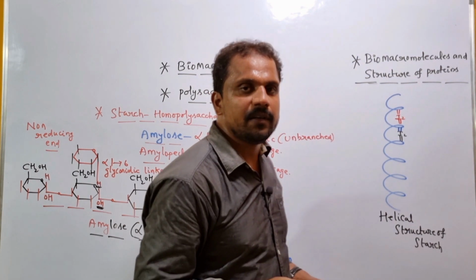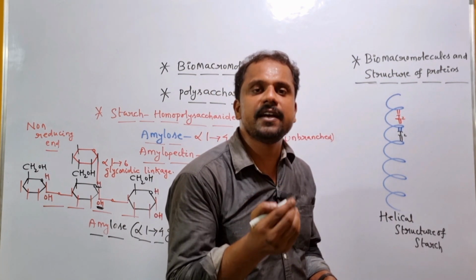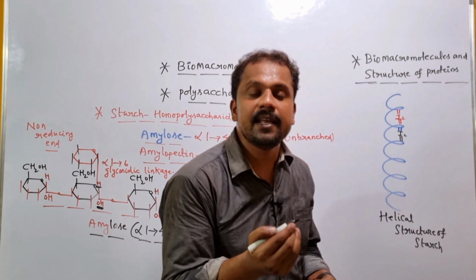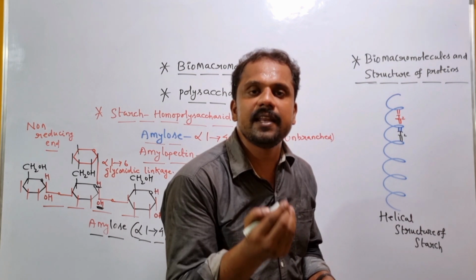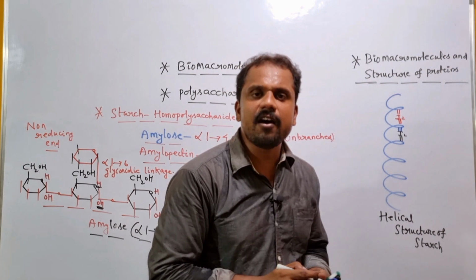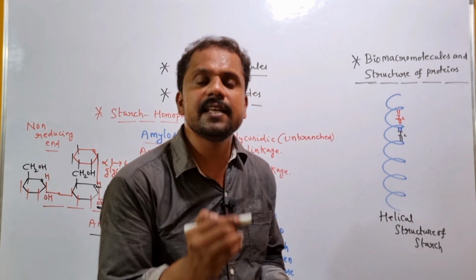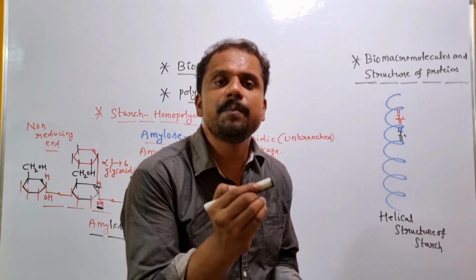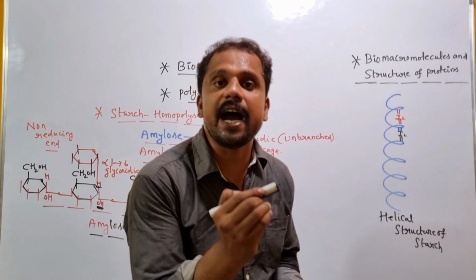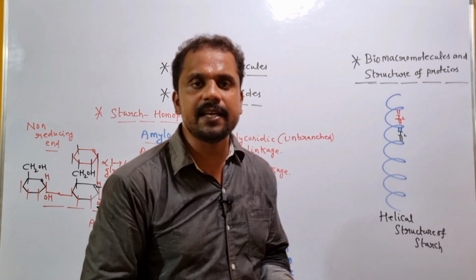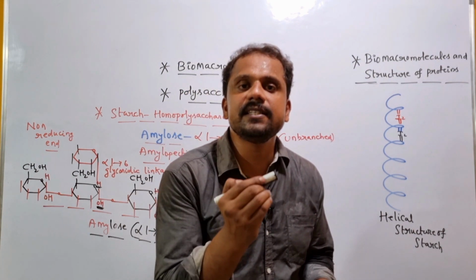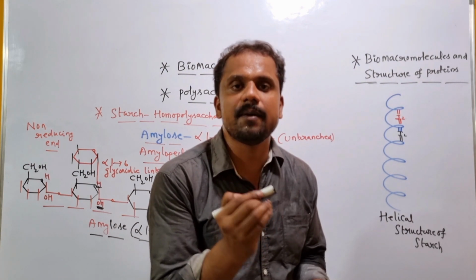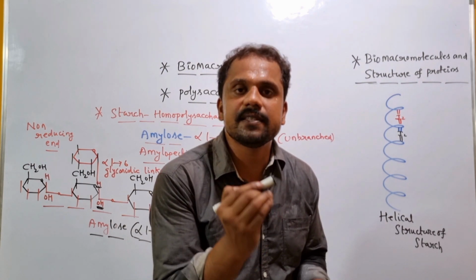As we all know, during photosynthesis, green plants are capable of synthesizing food molecules in the form of sugars. And here, the excess amount of sugar molecules remains in the form of what? Starch. So in order to prove that during photosynthesis green plants synthesize food molecules in the form of sugars, in general we perform a specific test, which is nothing but what? Iodine test. In the iodine test, we take advantage of what? Tincture iodine. When we pour a few drops of tincture iodine on the surface of the plant leaf where photosynthesis has taken place,